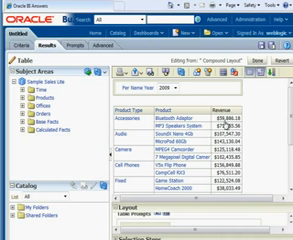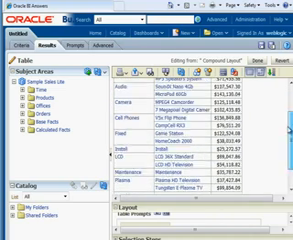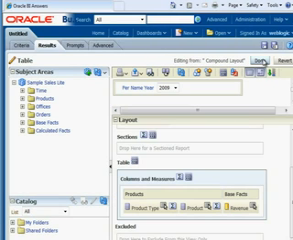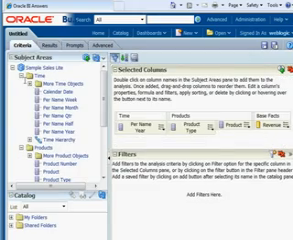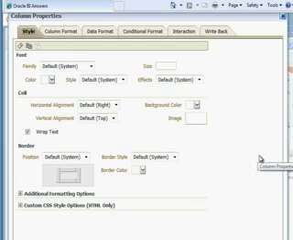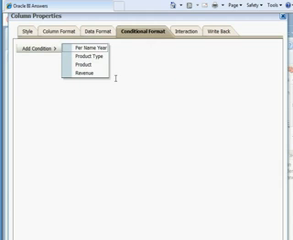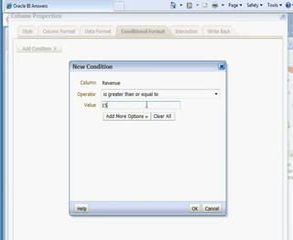Perhaps we want to highlight some of these fields if they're a particular number or higher. So for example, if we want to display anything that's above 120,000, well, how do we go about doing that? Well, let's go to the criteria area again. Okay, and here's our revenue. We're going to go to the column properties, and you'll see here for conditional format we can add a condition. So we can say, you know what, if the revenue is greater than or equal to 150,000,